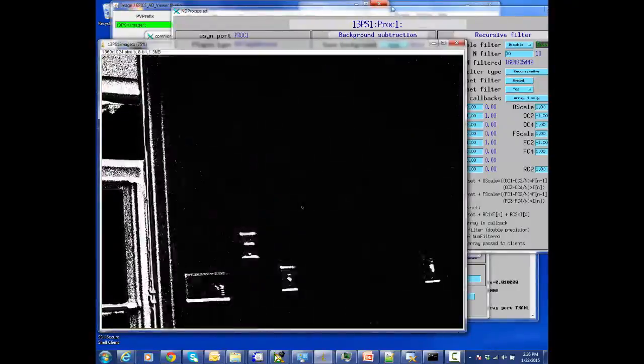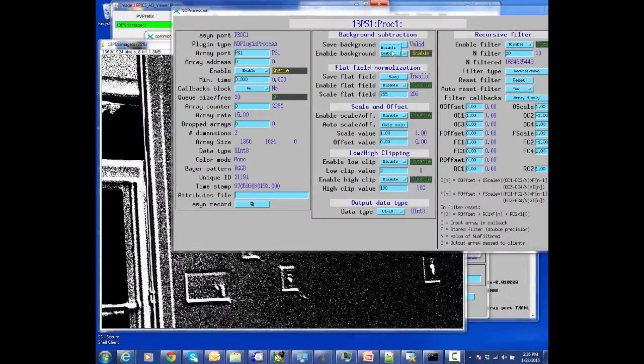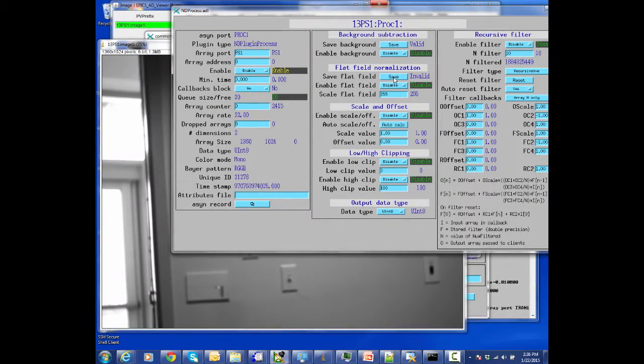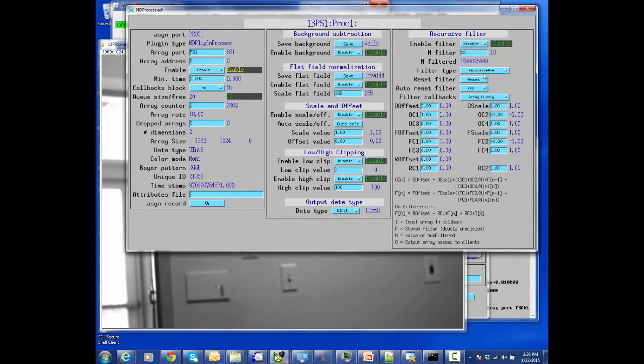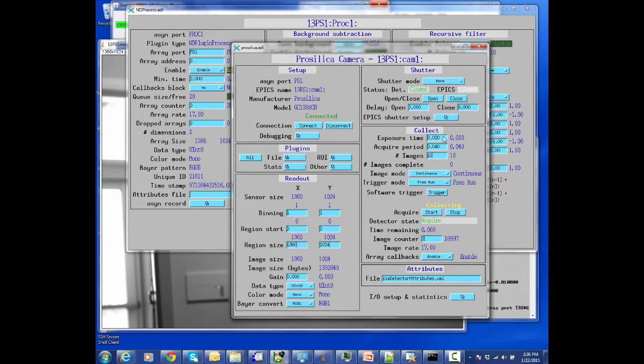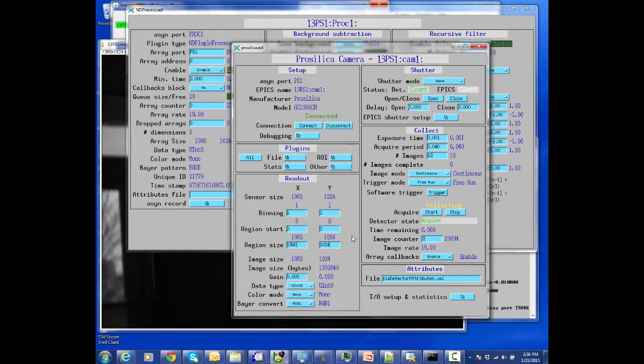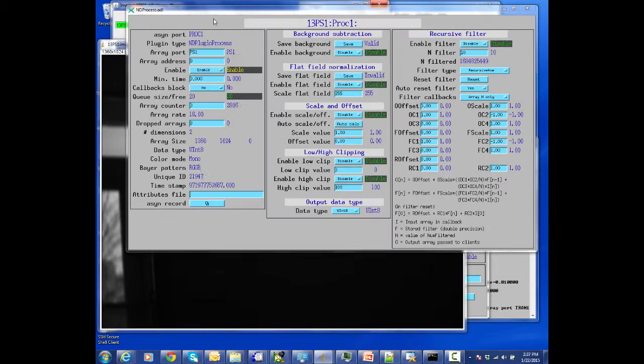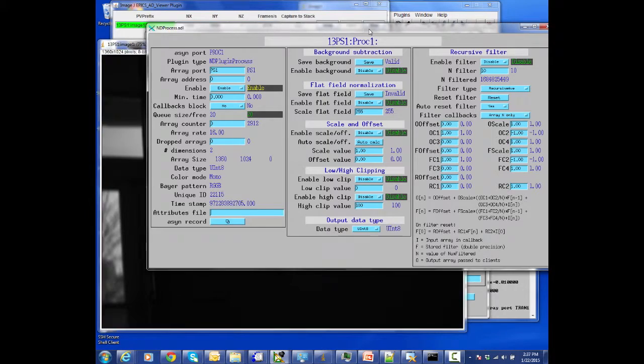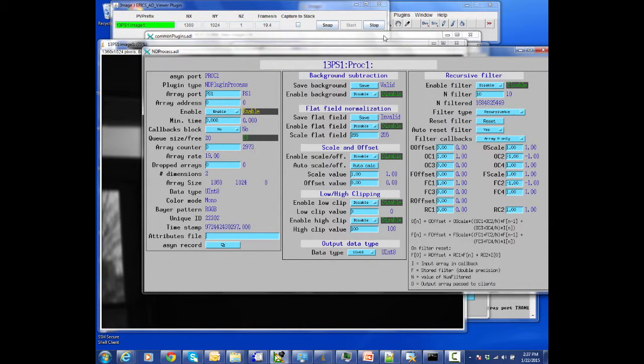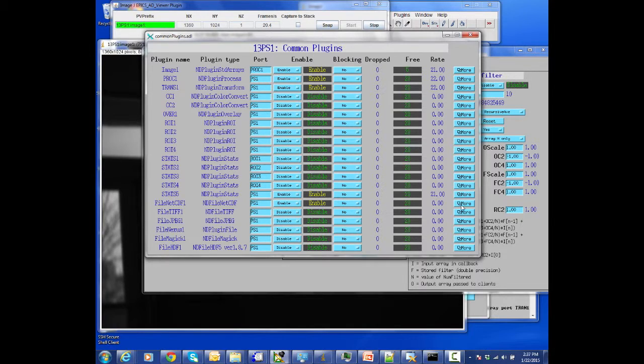So we could do background subtraction, could do flat field normalization, scale and offset. So let's do instead here an average. So we could do, what happens if we make a pretty short exposure time, like 1 millisecond. So now what we want to do here is figure out, okay, what is the range of the data that we're getting at this point? So if we look at the statistics plugin,